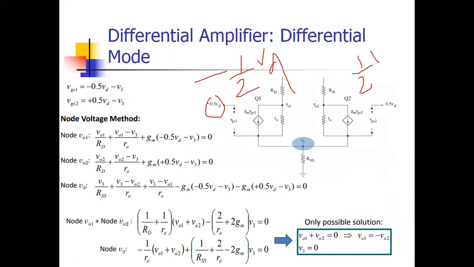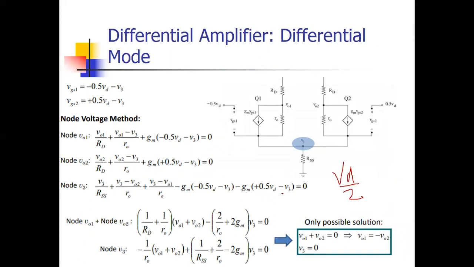If we check the difference between the two, actually differential voltage gain is the difference between the two. Means VD equals to V2 minus V1. V2 is VD by 2 minus of minus VD by 2. What is it? It will become VD. VD by 2 plus VD by 2 is equals to VD.